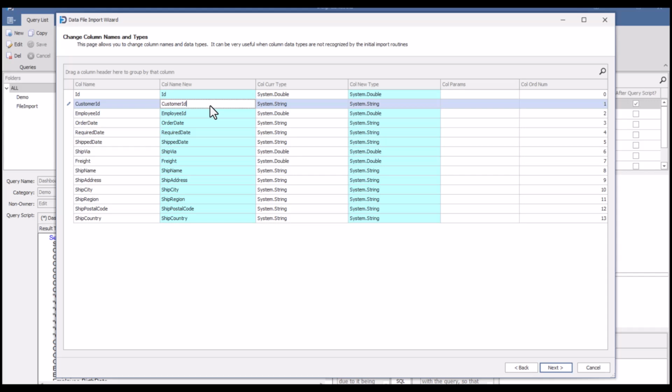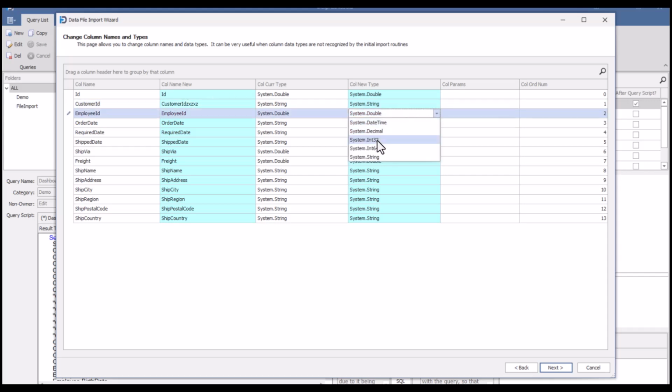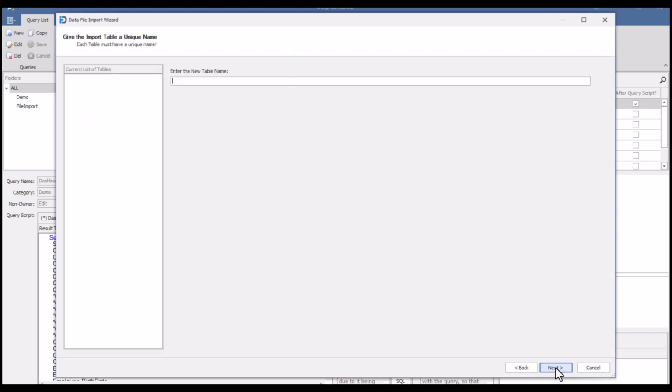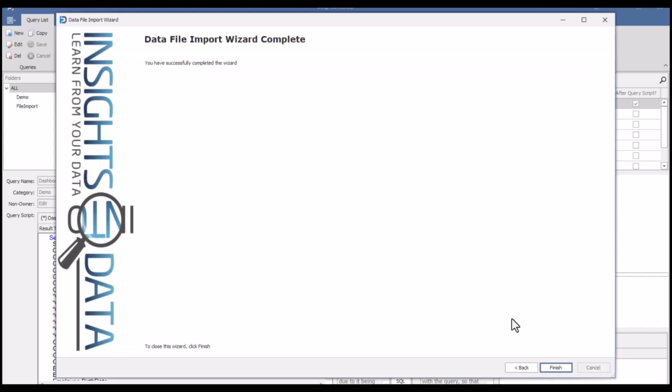Let's change the name of the customer ID field. Then change the field type of the employee ID field to integer. Now click the Next button to go to the Table Name page. Enter the table name as Import Test Table and click the Next button. On the final page of the wizard, all you have to do is click Finish, and the file will be